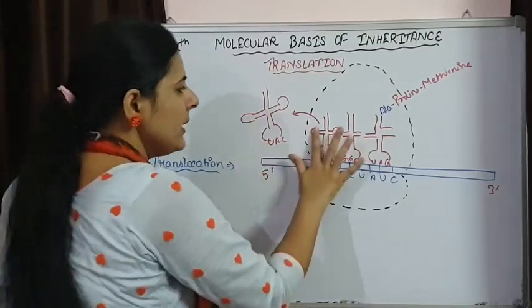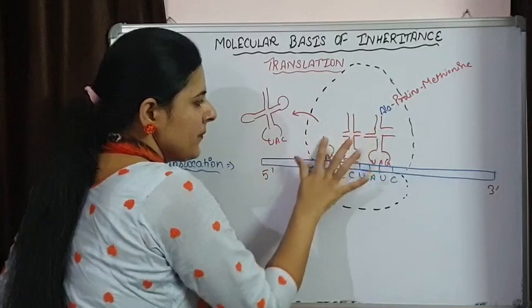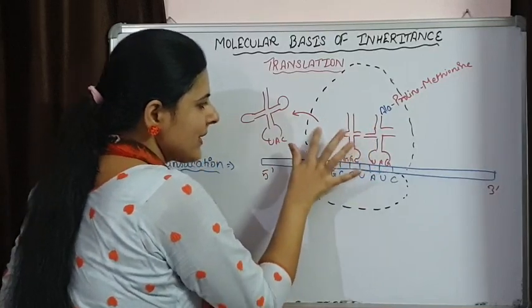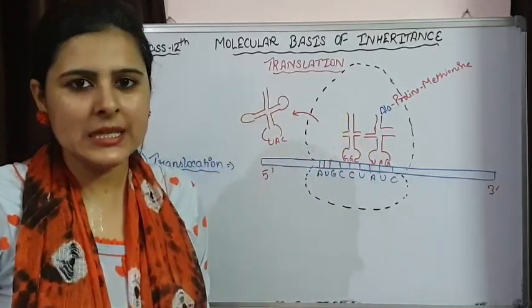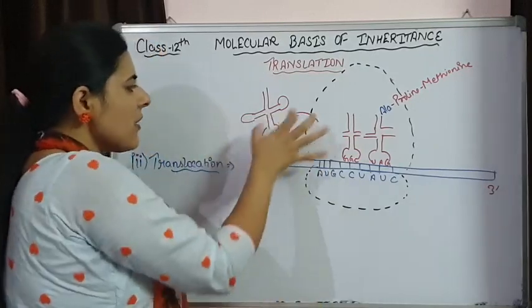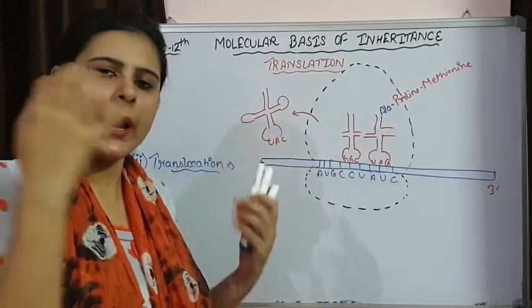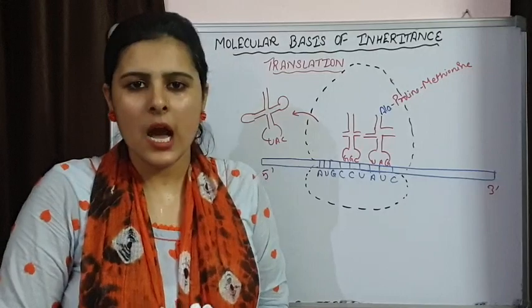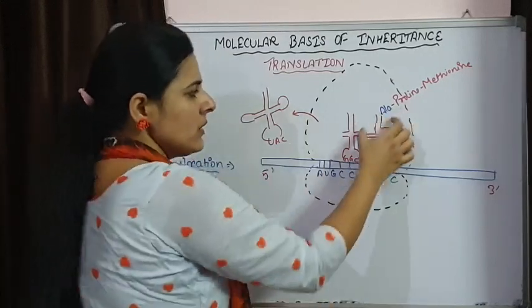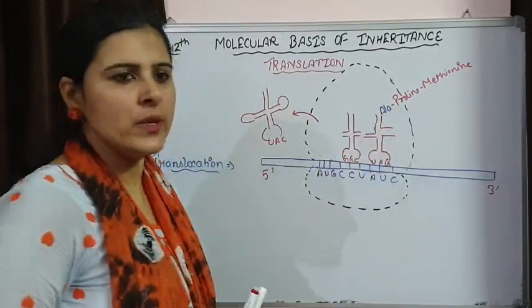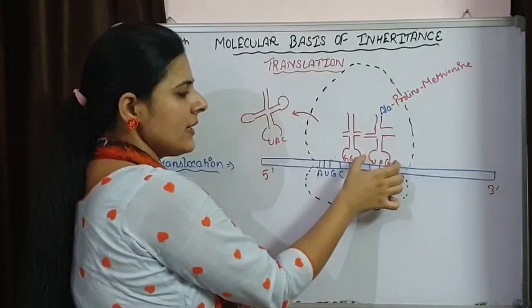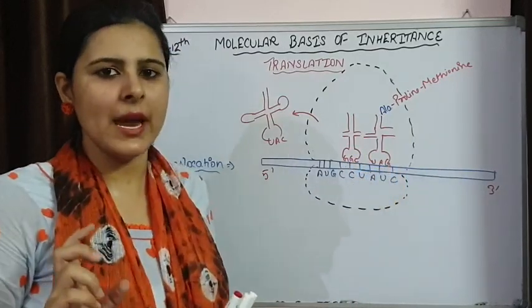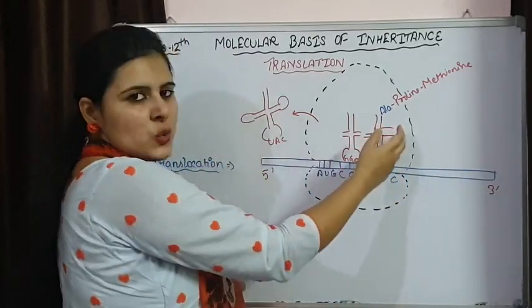So it is not present over here. It has left from the E site, and now it is available in the cytoplasm to bind with another specific amino acid. Now this is the polypeptide chain formed. When this tRNA came here, again one GTP was hydrolyzed. Now this is the situation.